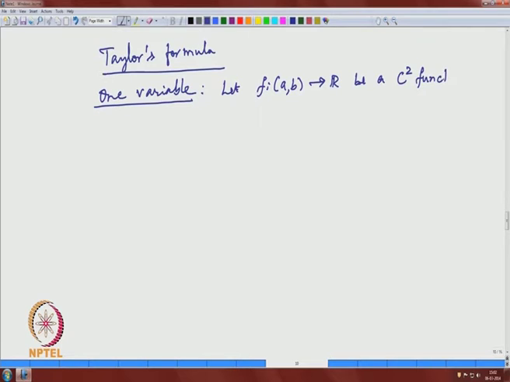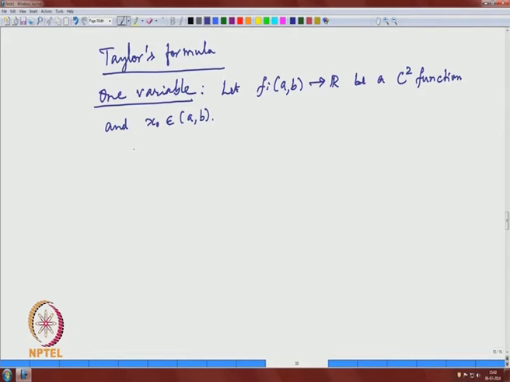So, I am assuming now f is twice differentiable and the second derivative is also a continuous function, and you fix some x0 in [a, b]. Using the mean value theorem and other things,